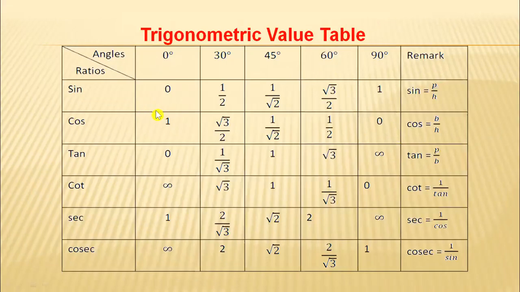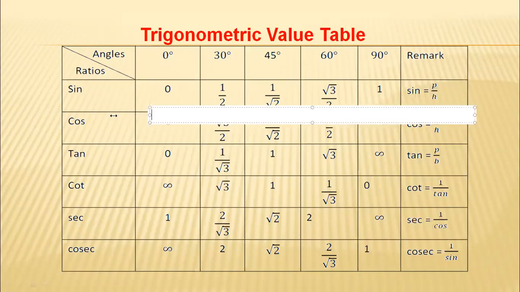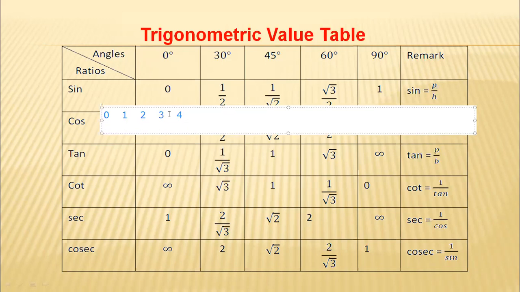You know about it, and we discussed how to calculate these values also. We discussed this before in grade 9. Let's discuss it once again here. How were we doing this? We have to take numbers from 0 to where? 1, 2, 3, 4. And we have to divide these numbers by 4.